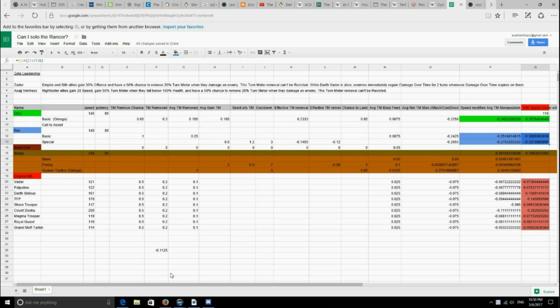So obviously Vader, Darth Sidious, and TIE Fighter Pilot are what we'll call the core members. That leaves 2 spots open where you can, depending on your roster, fill it in. And those other 2 characters, Darth Sidious and TIE Fighter Pilot, if you have a Zader on Vader, you probably have them already. There's a high chance. So they're easy to farm. So those 2 other spots,